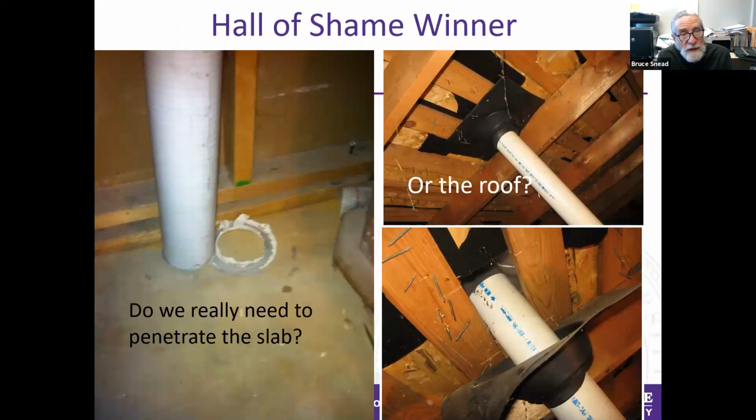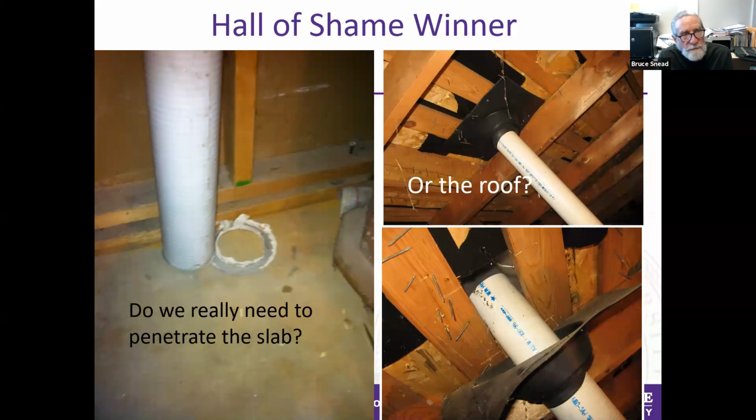Here we are. I'd be remiss if I didn't share with you, from the history of inspections and feedback and resources that have been shared with me over the years, the Hall of Shame inspection winner. When this was inspected, the inspector found by moving the pipe that there was no penetration of the slab. The pipe was simply caulked to the floor. So it's really difficult for radon to be vented through 4 inches of concrete by a pipe.